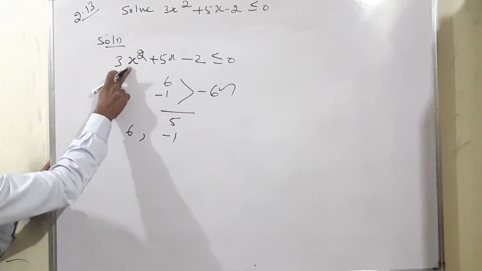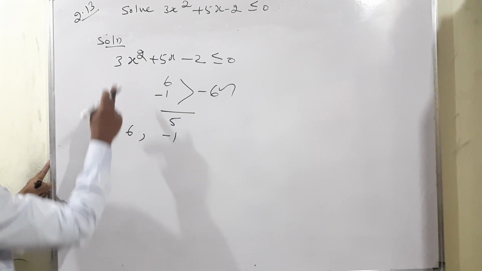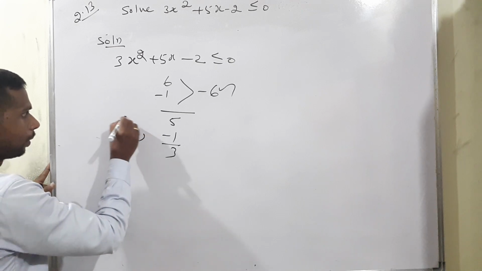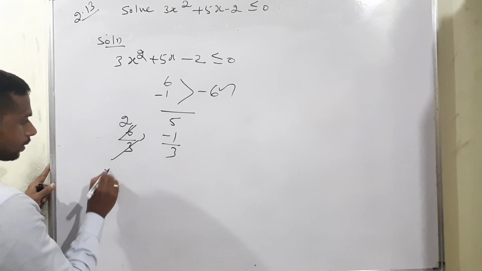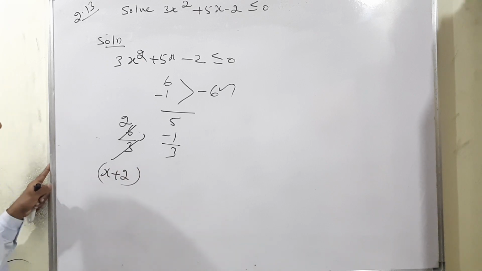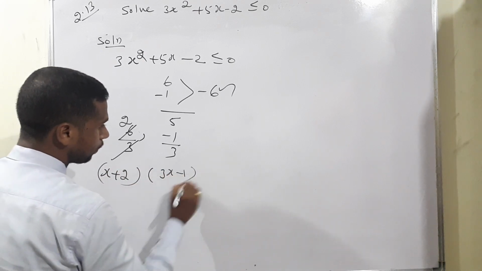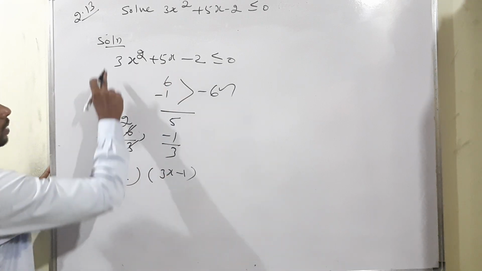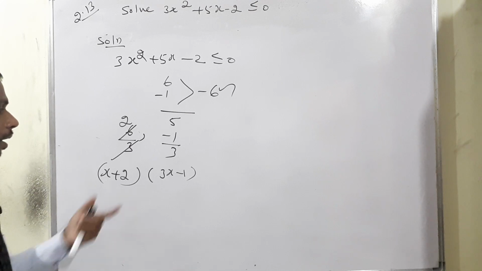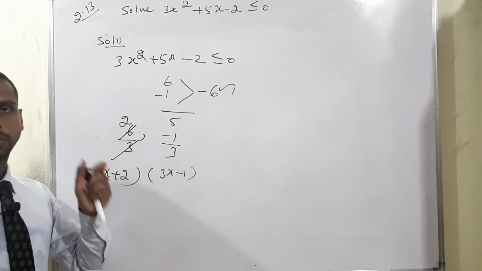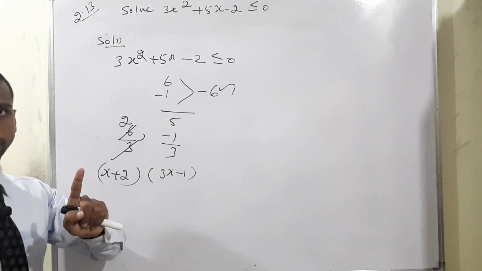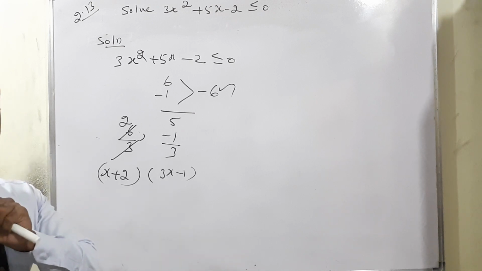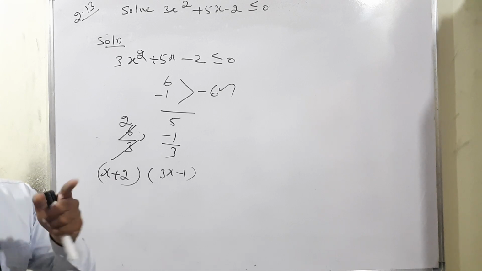But the coefficient of x square is more than 1. So divide by 3: 6 divided by 3 and minus 1 by 3. 6 and 3, how many times? 2 times. Therefore, the first factor we can write directly is x plus 2. Then the second factor is 3x minus 1. If you multiply, we will get this answer. 3x into x means 3x square. You can check it, you will get the same answer. One of the easy short tricks. Sum-product rule: a negative product means selecting one positive and one negative. At the same time, a positive product means selecting the same sign, whether positive or negative.